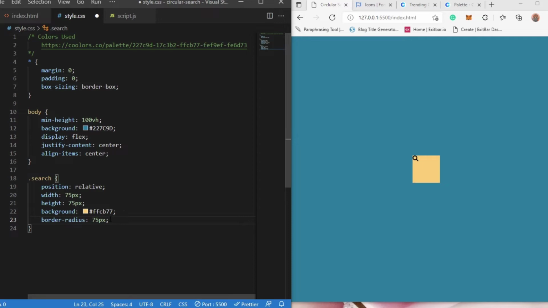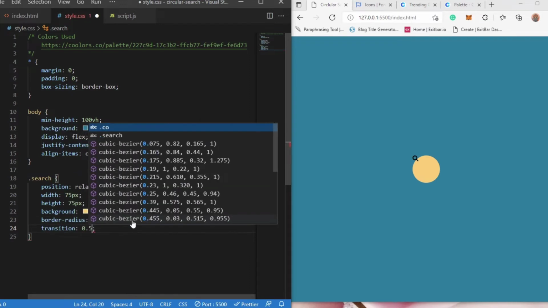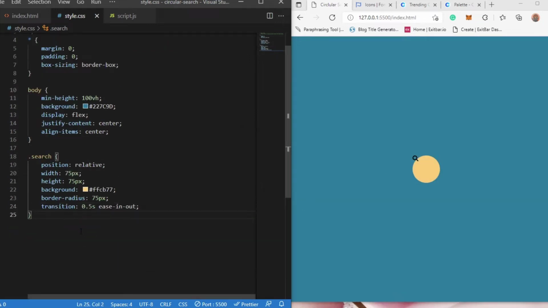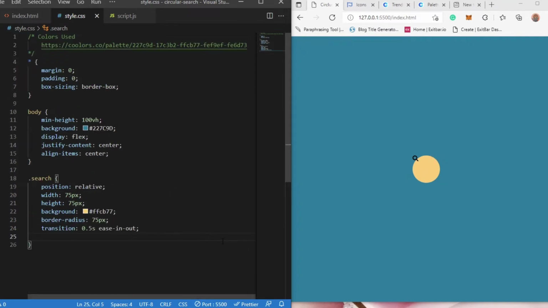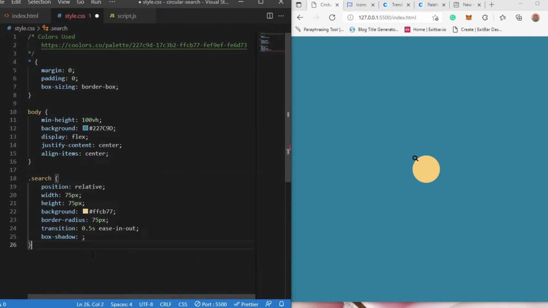Now if I save, you can see it will turn into a circle just like we want, so it's working fine. And let me just also add a transition. For that I will use 0.5 second and I will use ease in out. Now let's add a box shadow property. So for that let me add a box shadow, and for the values I will use 1px